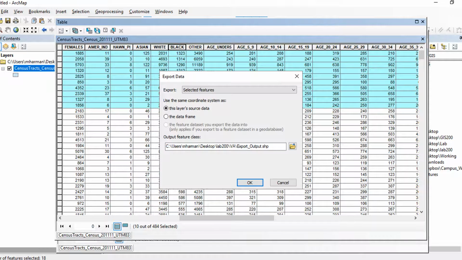How do we export stuff? Well, this is a really good question. So there's a 2-step process. The first is you have to make sure the data that you actually want to export is what is selected. So if for some reason these 10 census tracts here are the ones that I want, I simply, while they're